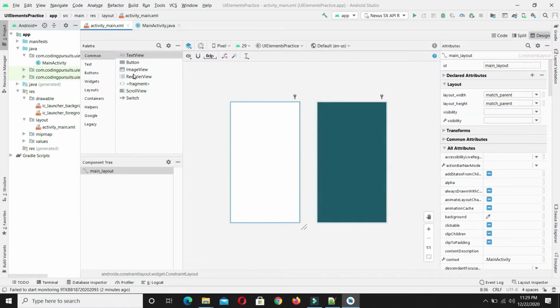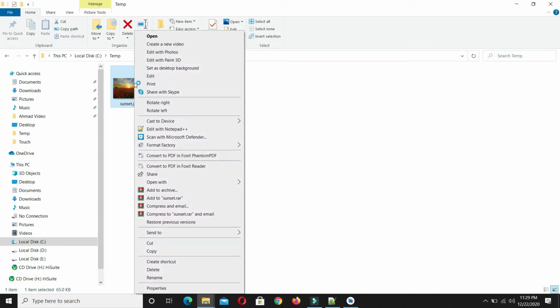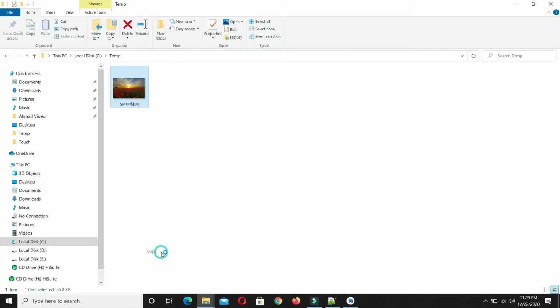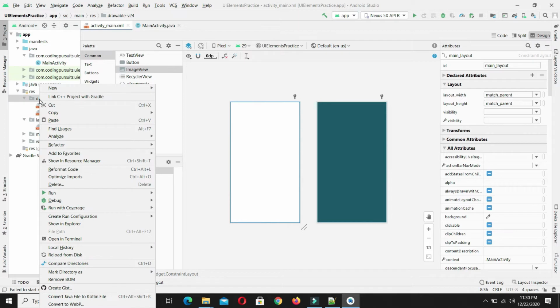And from here select the image view, but before that we have to import the image. For this I have an image. Let's copy this image. Select the drawable folder and paste into it.